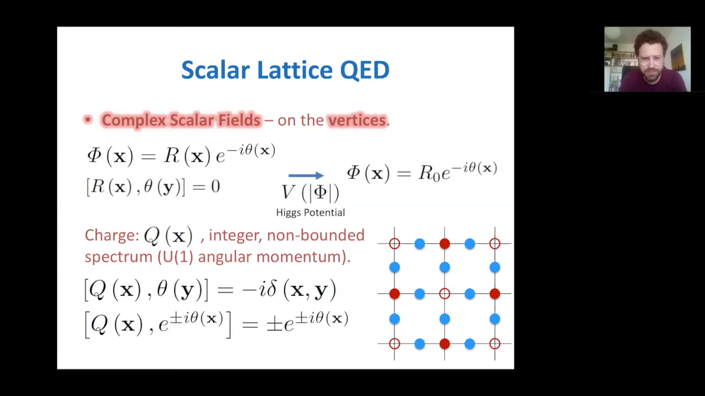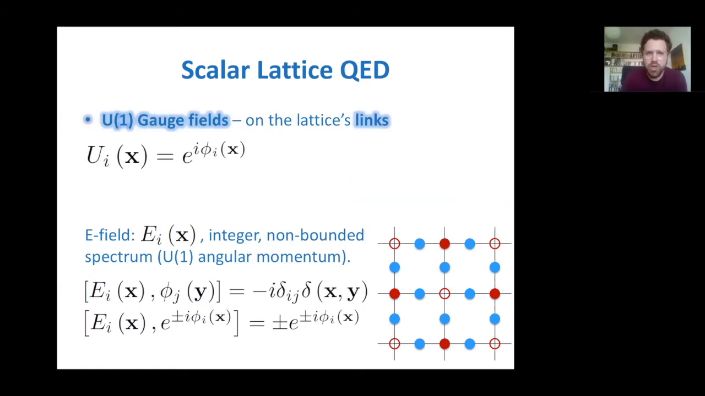We define a charge operator Q at every vertex, which has an integer spectrum, but it's not bounded, okay? Its eigenvalues can be any integers from -∞ to infinity. It's like the angular momentum of a particle on a ring, the angular momentum in planar rotations. It's canonically conjugate to this matter field or coordinate theta, and then the exponentials of i theta are raising operators of the charge, which we can get from these canonical